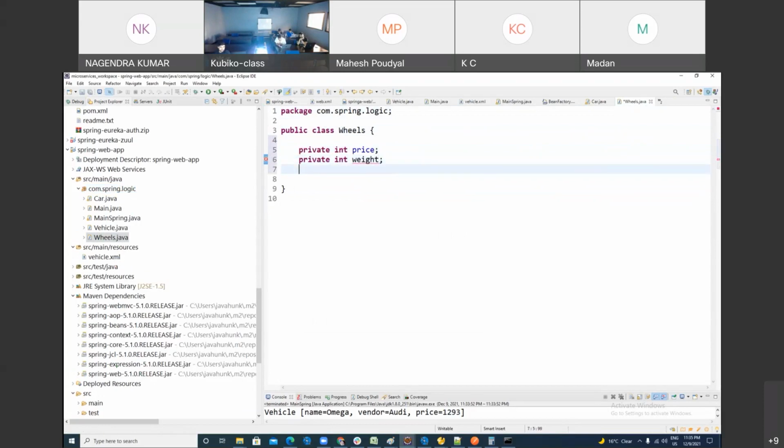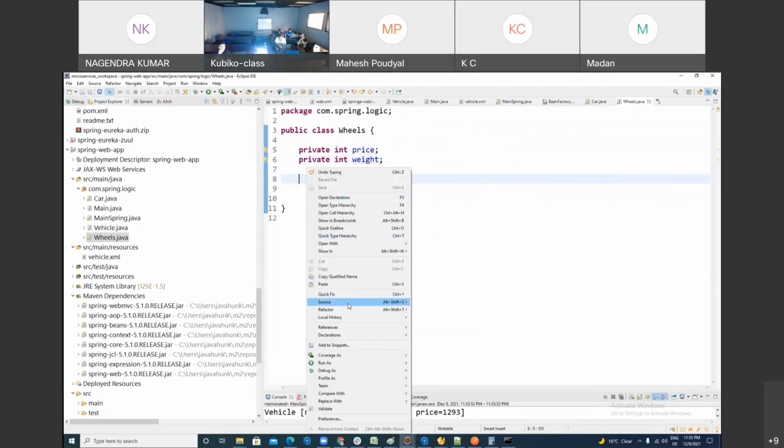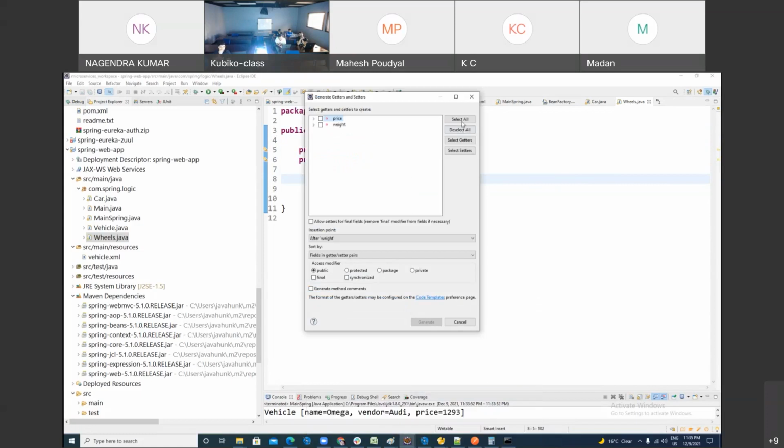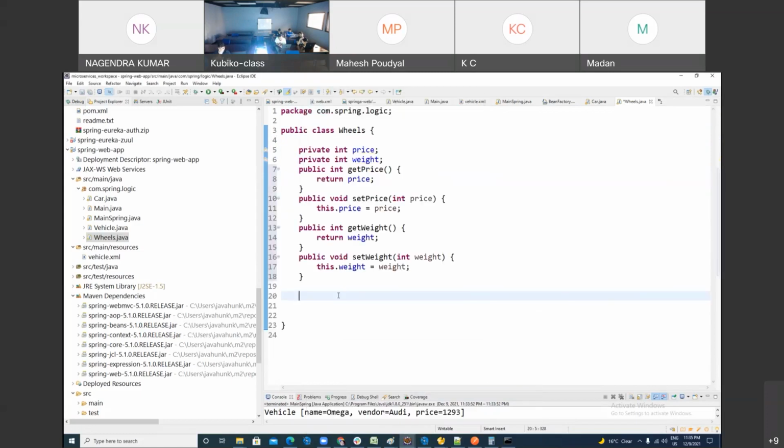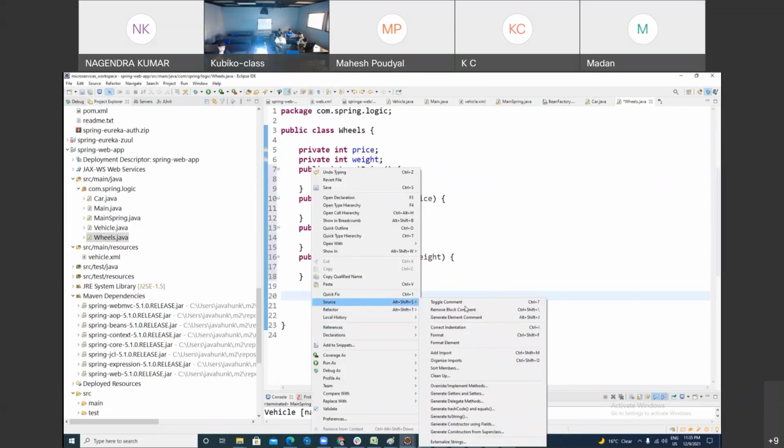Are you following me? So the car has wheels, correct? The car has a dependency on wheels and engine. I'm just making this, okay? Only one, and just make a string. If anybody is confused, let me know.